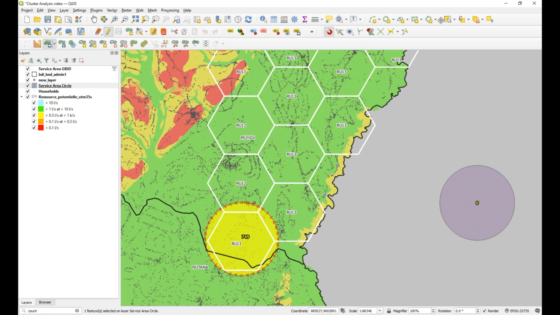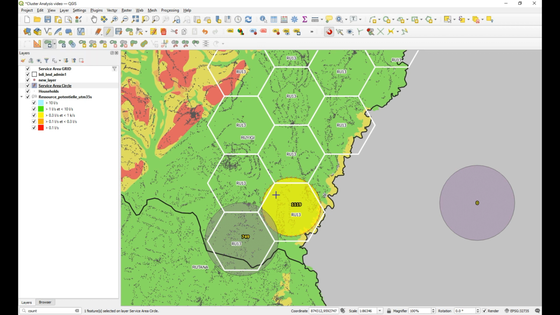So let's use this original one, and I'm going to copy and move, and now that is 100% coverage. And then I want to select that feature and modify all features and see what it comes up with. Okay, so we've got over 1,000 households,